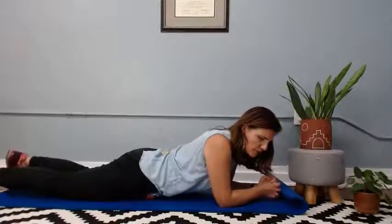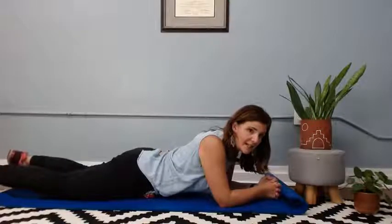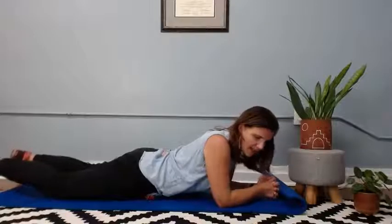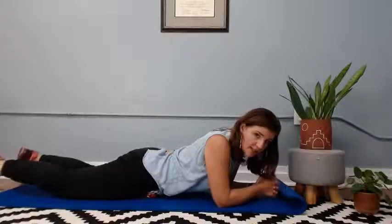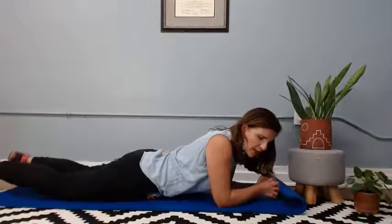But you can also roll it over towards that front hip bone and see if you can let it sink in just inside that hip bone. There you'd be getting into more like iliacus and a little bit of either ascending or descending colon, depending on which side you're on. You can bring it a little closer to midline,